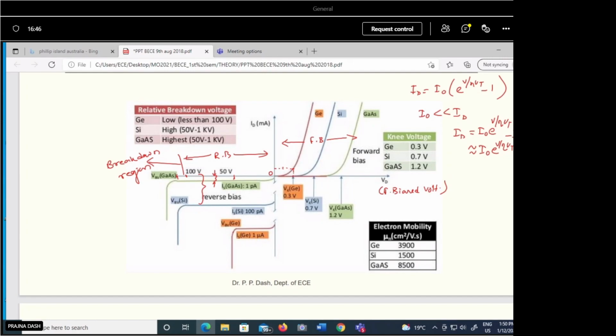So in a normal PN junction diode, beyond the breakdown region, we cannot operate the diode. For operation in the breakdown region, a specific diode is used, that is the reverse bias diode, or we can say the Zener diode. Okay, so we'll discuss the Zener diode later on. So a normal PN junction diode